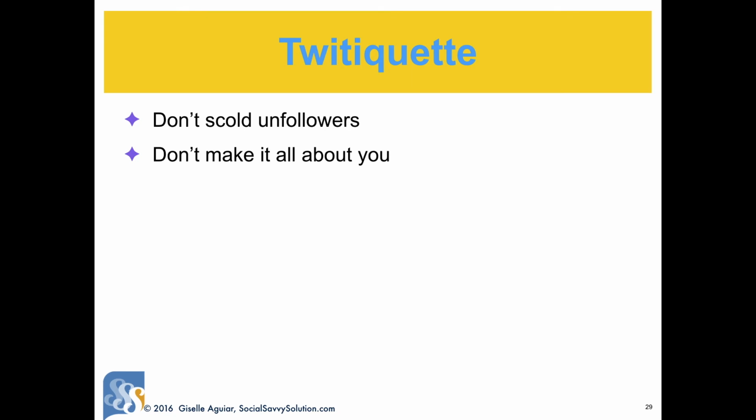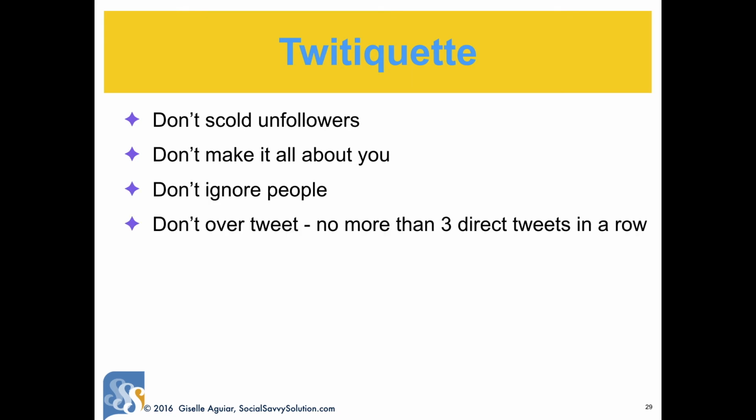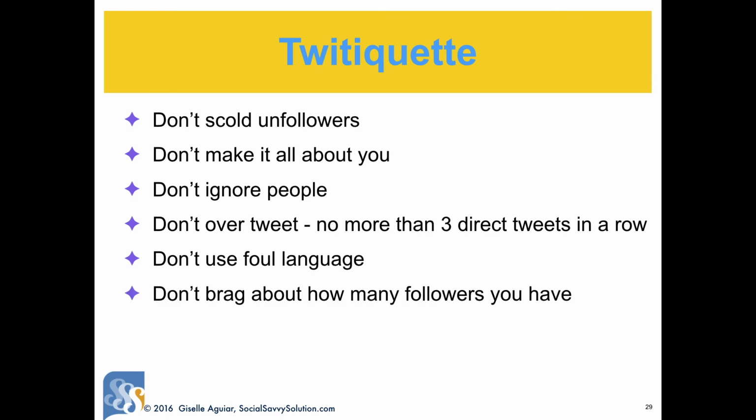Here's some Twitiquette. Don't scold unfollowers, okay? There's automatic ways that you can do that. You don't want to do that. You want to be nice. Don't make it all about you, okay? Don't ignore people. Don't over-tweet, no more than 3 direct tweets in a row. Don't use foul language. Don't brag about how many followers you have. And don't ignore new followers. There's no need to thank people for liking a tweet, but that tells you the types of tweets you should